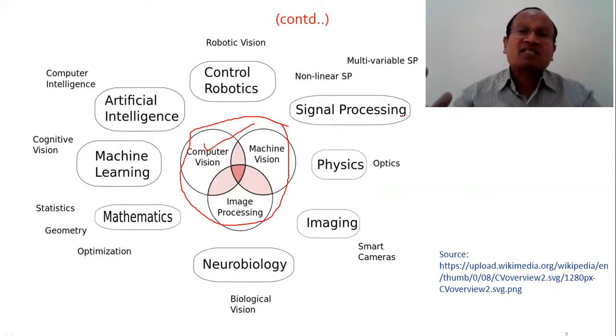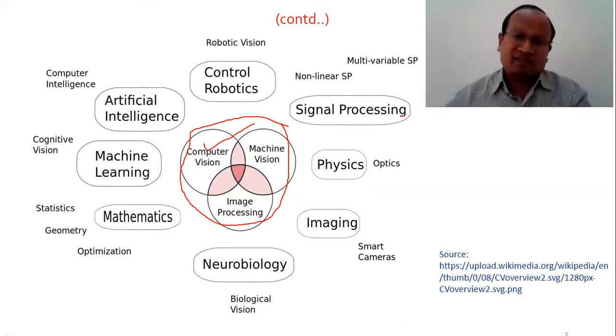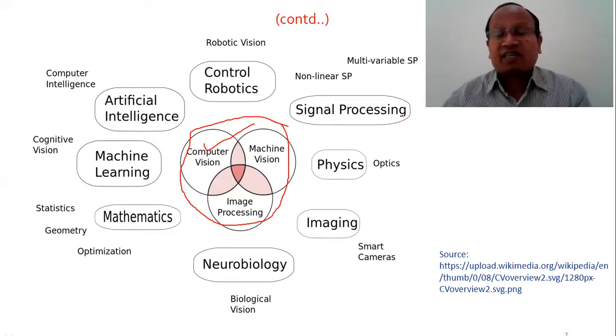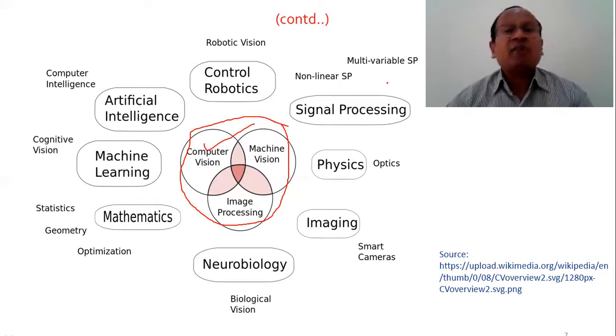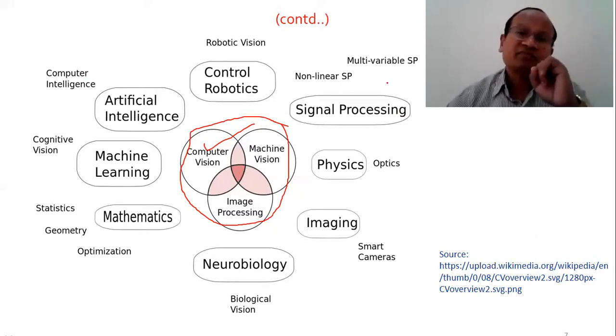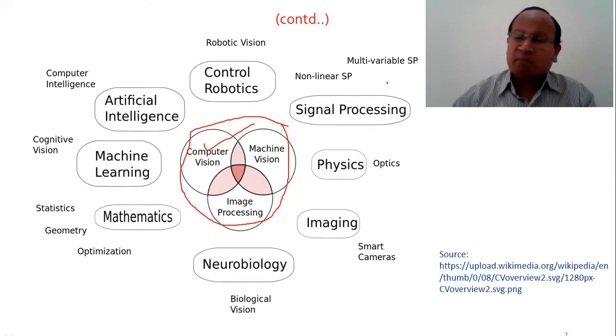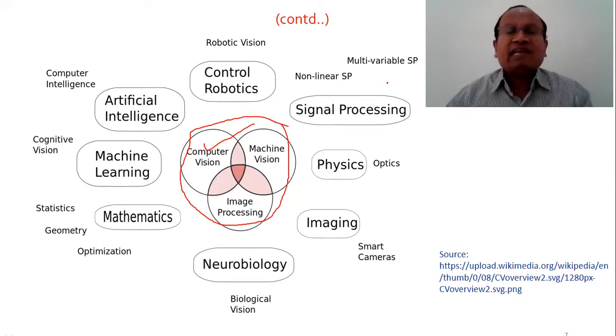The signal is processed by using suitable operators, suitable transforms. The signal processing is of non-linear and multivariable type. Linear as well as non-linear, but generally non-linear because the parameters may not vary linearly in any image. So, non-linear signal processing models,